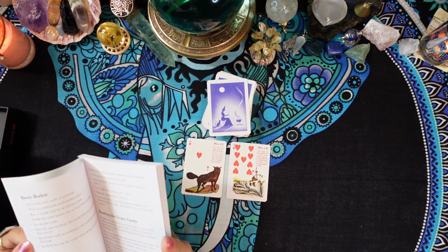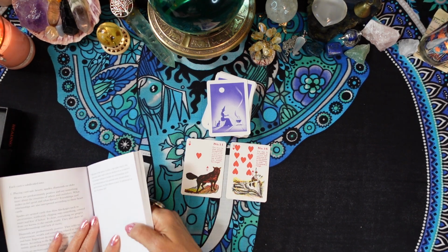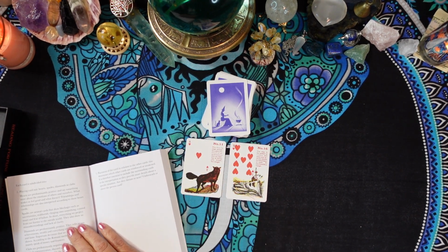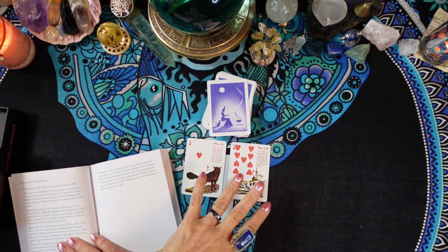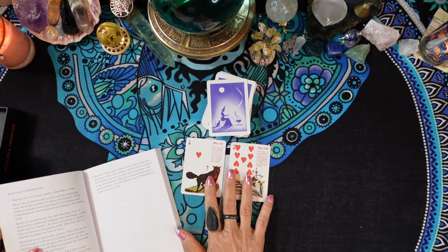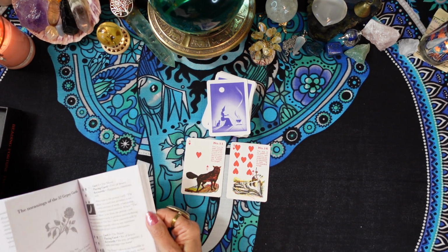Okay, so hearts is going to be predominantly positive. Both cards are hearts, so that's a predominantly positive little reading. They say something more about emotions and what makes us feel good and what doesn't. And friendships and relationships are often interpreted by these heart cards. So let's see what the ace...